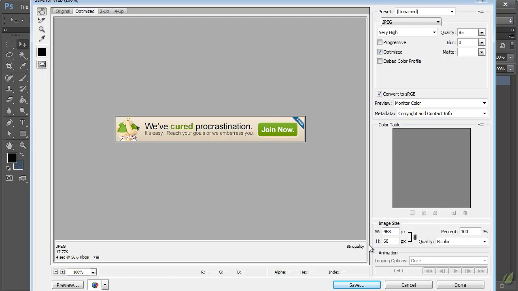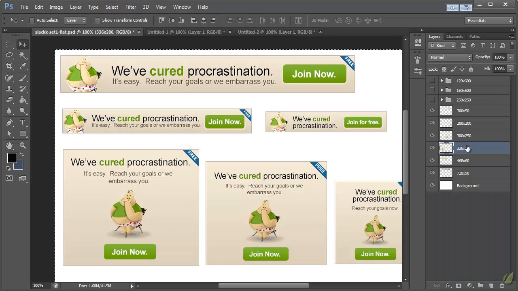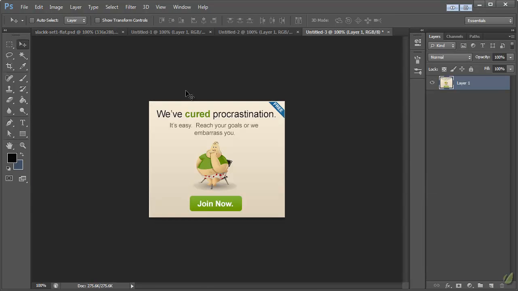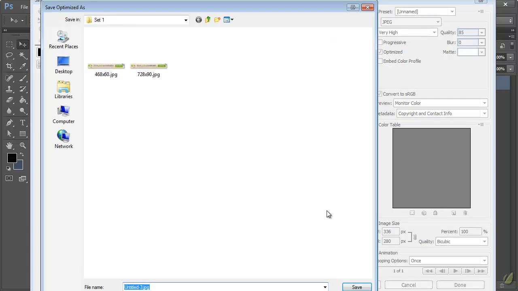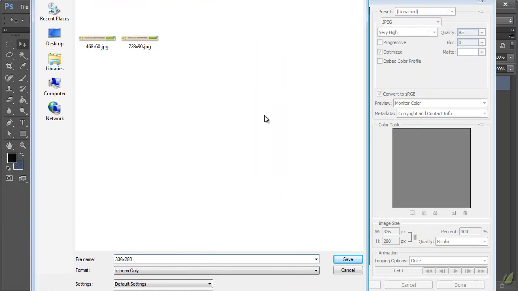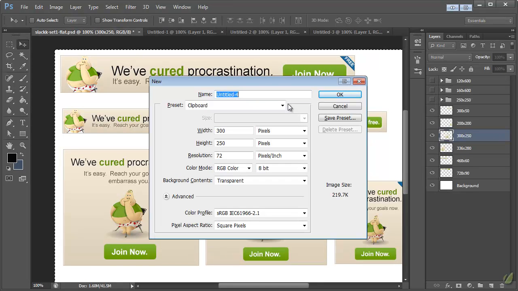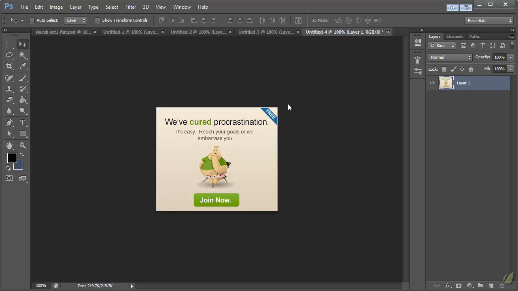So I hit Control Shift Alt S, which is a shortcut for getting Save for Web up. And this is 468 by 60. Control C, Control N, hit OK. And this is 336 by, actually let me see here real quick, 280. Control C, Control N, hit OK, save for web,